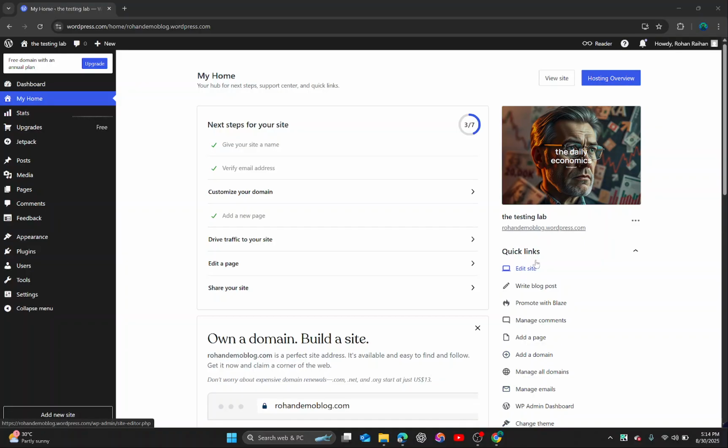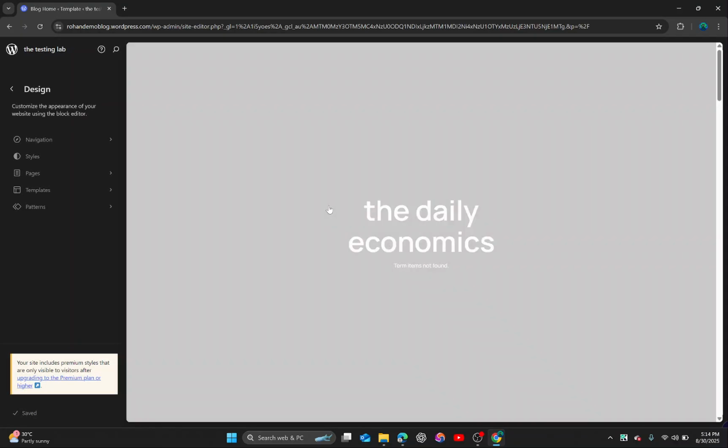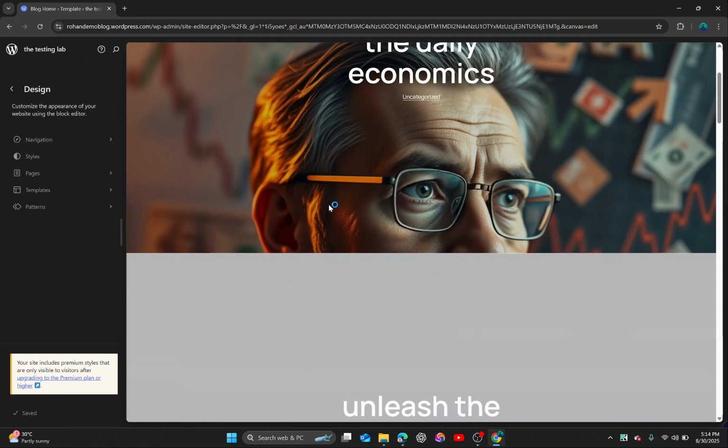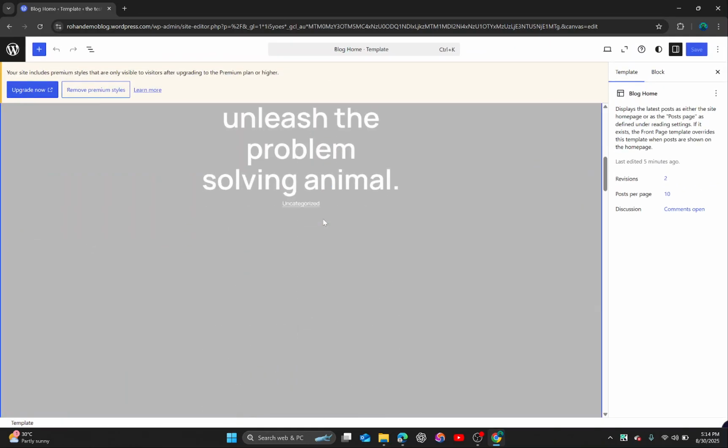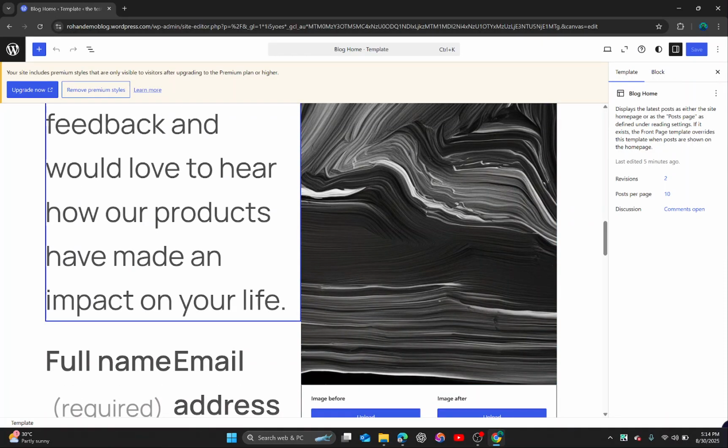Over here on the right hand side, you can see the quick links option, and right below it is the edit site option. Click on the edit site option and it will take you to the editor's page of WordPress. After you have reached the editor's page of WordPress, as you can see over here, this is the editor's page of WordPress, and here we are gonna go and select the text we want to edit our orientation to, like